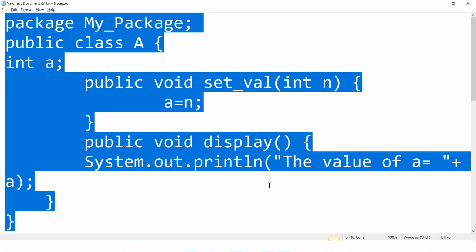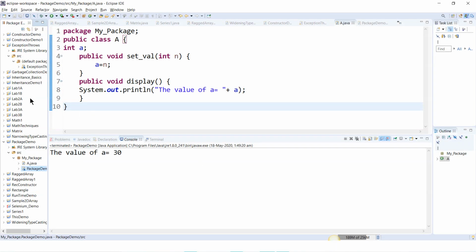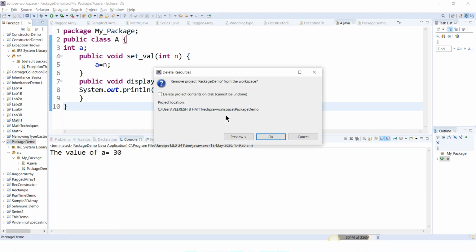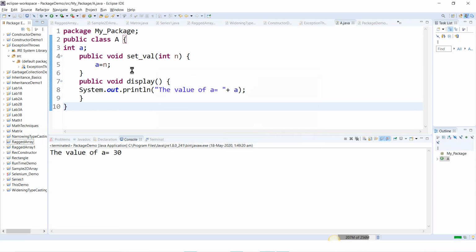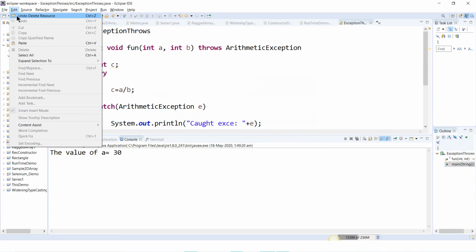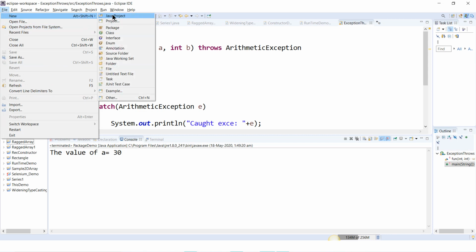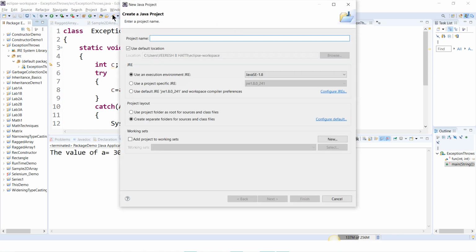So now let me show you how to execute this in Eclipse. I'll just delete the existing one, and let me create File, New, Java project. What is the main class name?